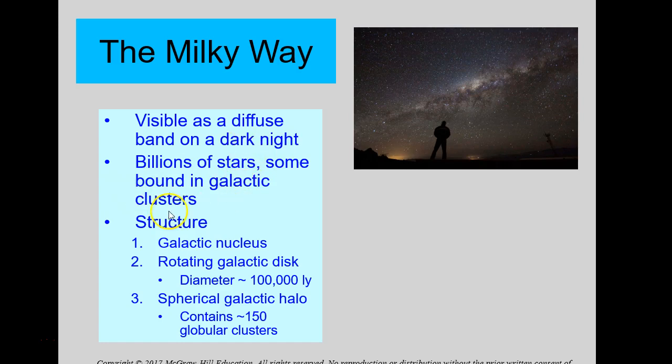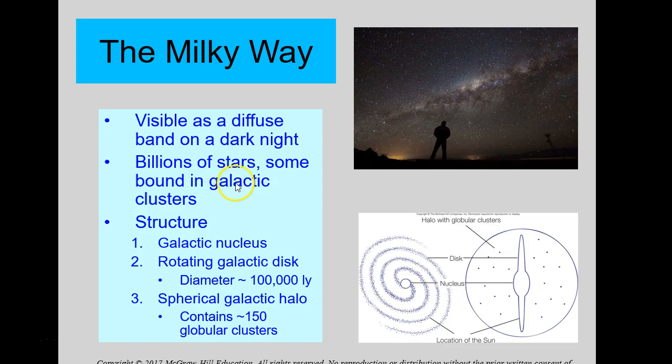Billions of stars, some of them found in galactic clusters. You can kind of see this if you can see this part of it. In the southern hemisphere, we really miss out in the northern hemisphere. In the southern hemisphere, they have what are known as, I think it's the small and the large